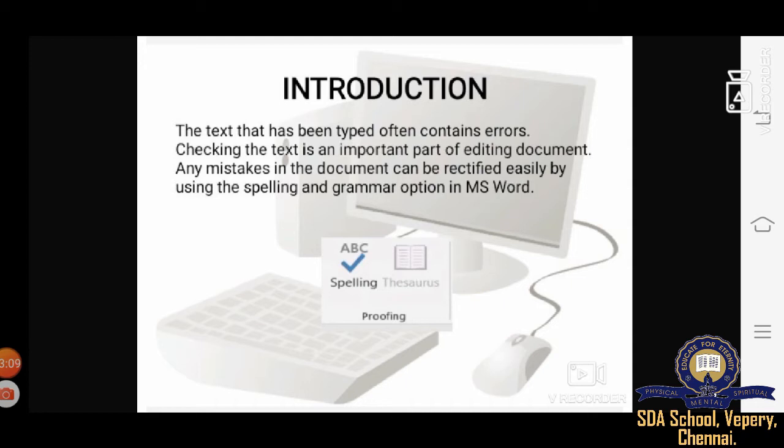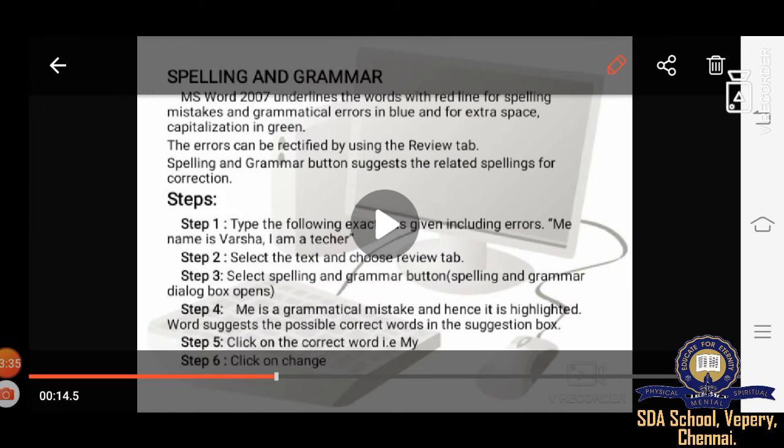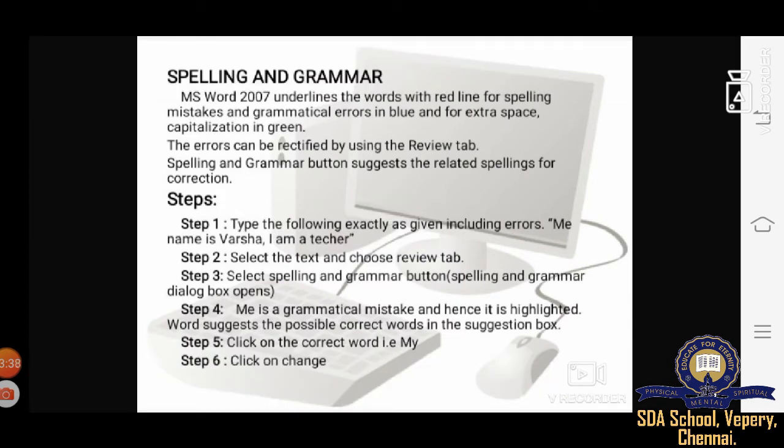If you made a spelling mistake, or it happened by mistake while typing, we need to select spelling and grammar and correct the spelling. The corrected spelling will appear in the document. You need to correct your spelling immediately. The next part we are going to see is spelling and grammar.